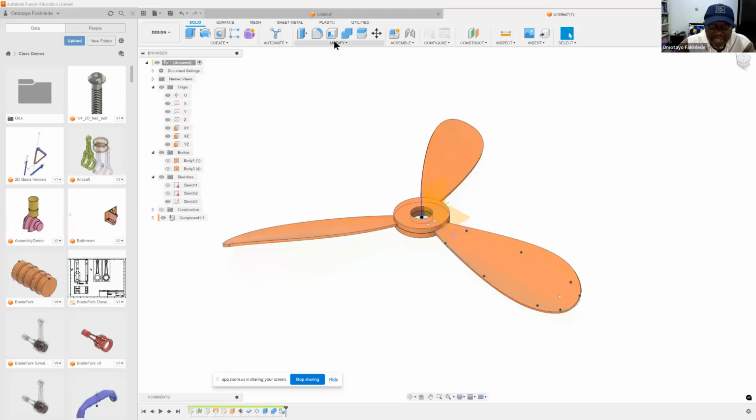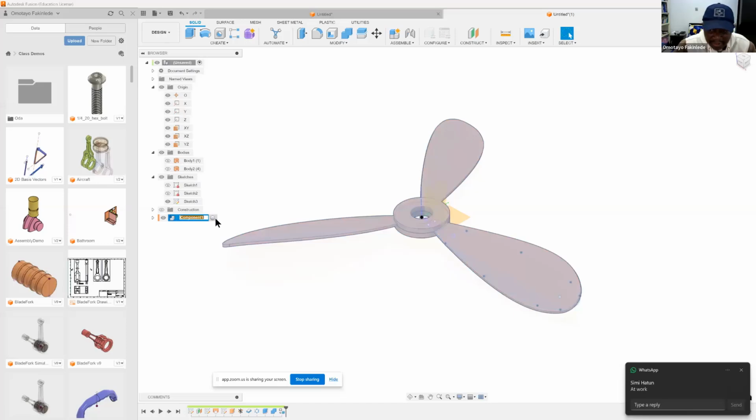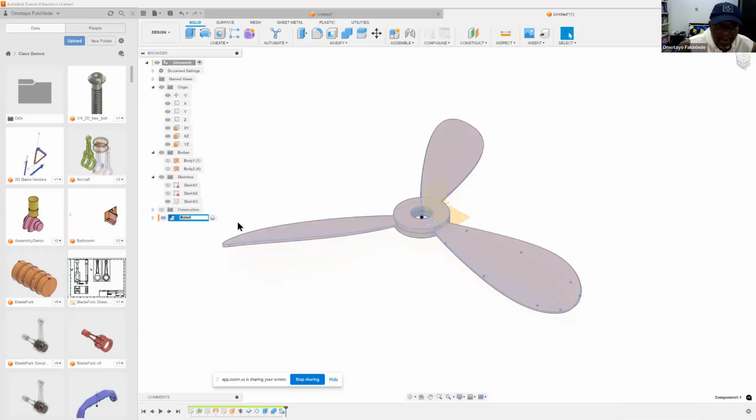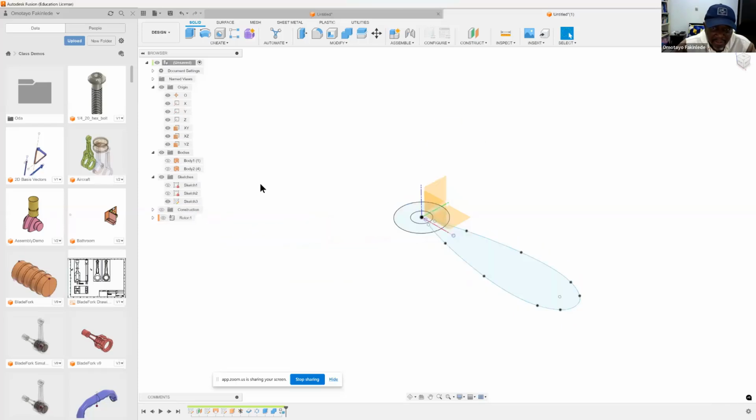If I create a component out of it, I can name that component the rotor. The rotor, that is the rotating element in the fan, is here. I just call the whole thing a rotor, and that is it. So that is now my first component. I can take that off and turn on my